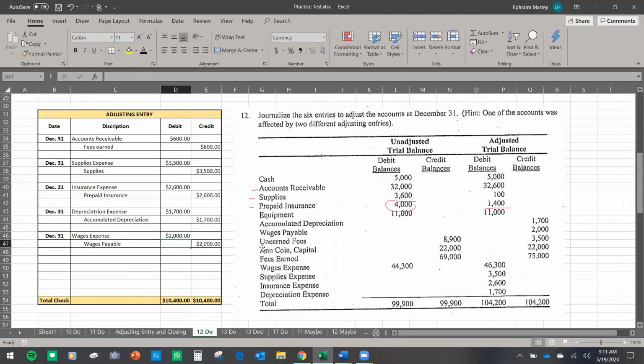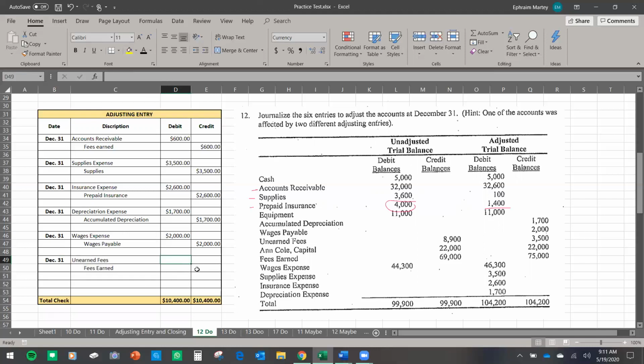And then we have what we call unearned revenue. Okay, unearned revenue, so revenue we haven't earned, was 8,900, but now it's 3,500. Okay, so it's decreased. That means we have earned some revenue. So that means our fees earned is going to increase, and then this unearned revenue is going to decrease. Unearned revenue is a liability, it's a credit account. So if we are decreasing it, we're going to debit it, and then increase our revenue, we're going to credit